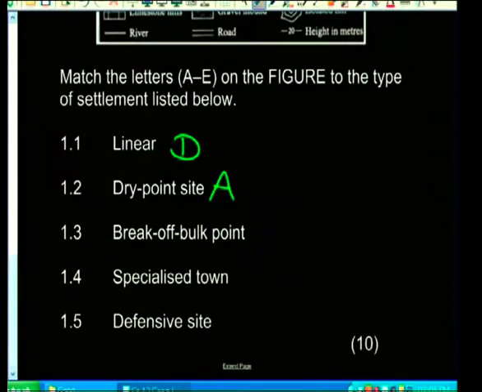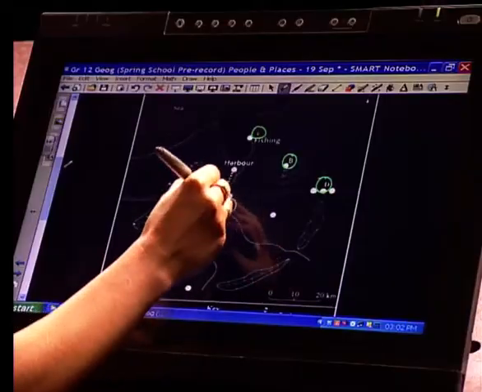1.3, it asks us to match our break of bulk point. And the most important thing to understand with a break of bulk settlement is where one transport method is changed for another transport method. So if we take a look at our diagram, and we look here at settlement E,